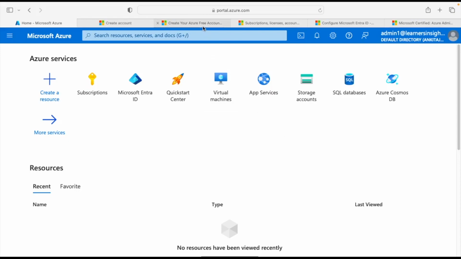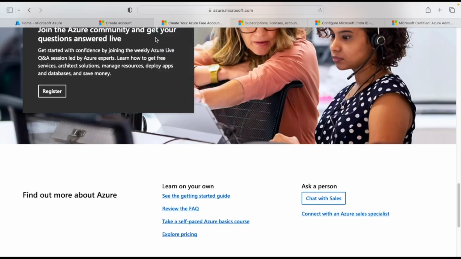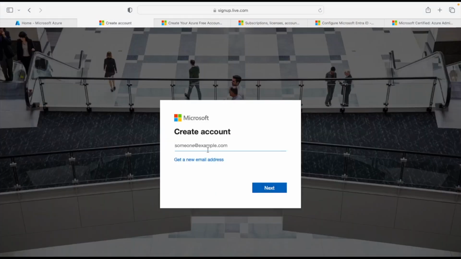So get started with your journey by creating a free account. The moment you create an account, you have to click on create new, and you have to give an email ID here. You can use your Outlook account for the same and click on next. You have to fill some basic information, and towards the end they will ask for credit card or debit card information from you. So they will deduct less than $1. For India participants, they deduct less than a rupee, around 1 rupee, and your account is started. So make sure you have $200 with you, so you consume within the $200 limit. So whenever you spin up a service, you delete the service right away.